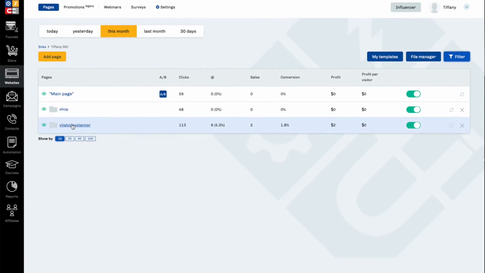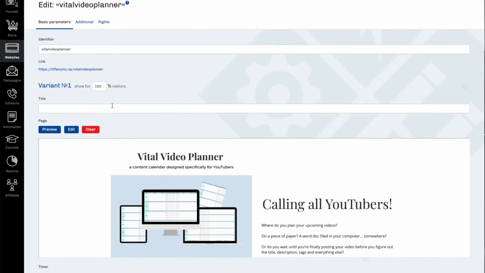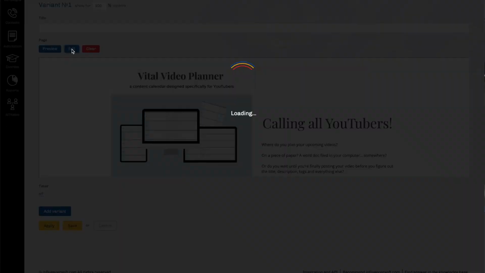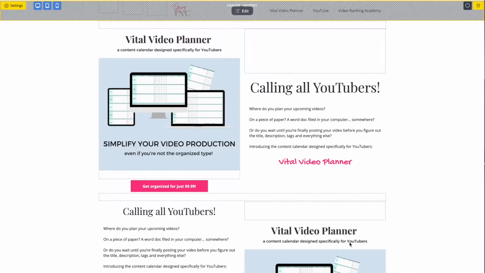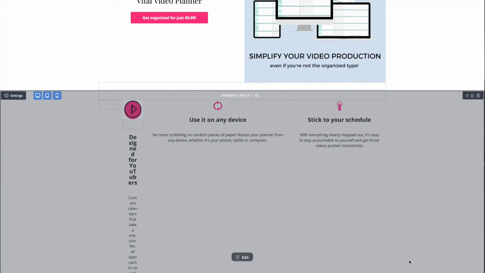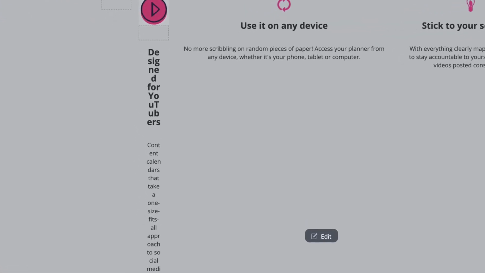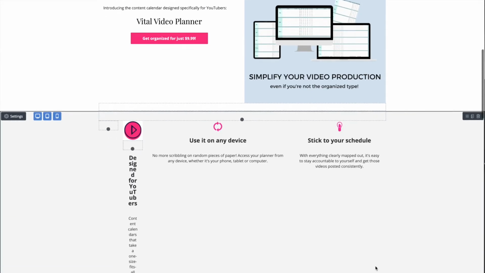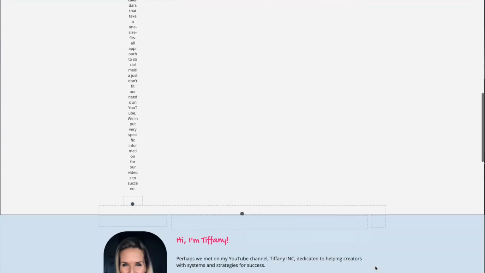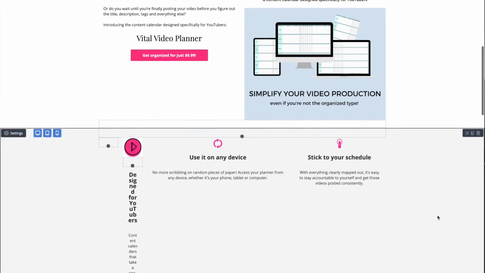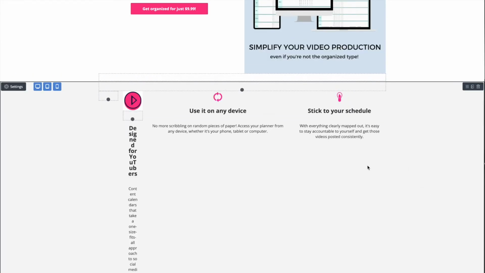Let me show you a page that's live right now, and I am still kind of putting some finishing touches on it. You go into edit when you want to make changes. I started with a template, and of course I made lots of additions on my own. Holy guacamole, what's going on here? Okay, right now this page is a mess. I've been working on it, and what I should have done was double it. Because you have the option to double sections, you just go right over here and hit the plus sign, but I didn't do that and I got distracted with something else.